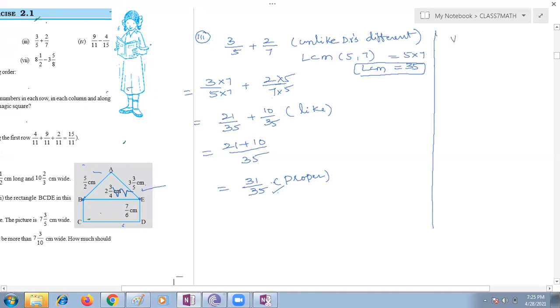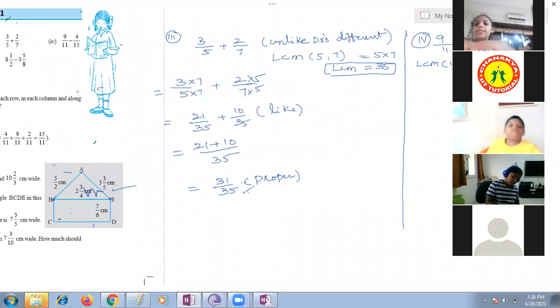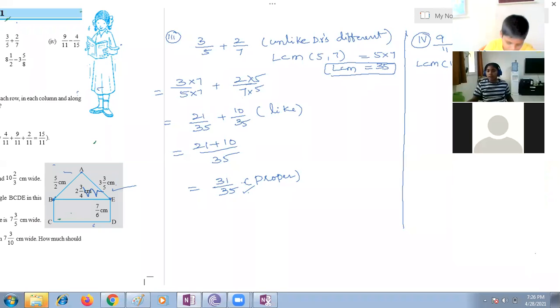Yes. Fourth bit, you see. Sahit, Vallabha, Jait, are you there, Jait? Jait, where are you? Few students are there. Jait, are you there? What is the LCM of 11 and 15, Jait? Jait is not there. You see, few students. Ma'am, it's 165. Wait a minute. Let me check whether Jait is in the group or not, or else I'll call the parent, because parents are thinking they are in the class. I don't know what happened. Few students are doing like this.